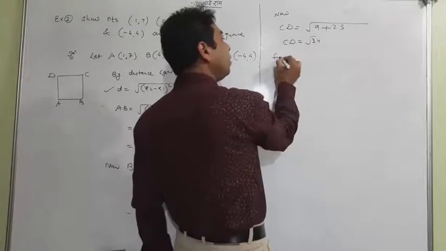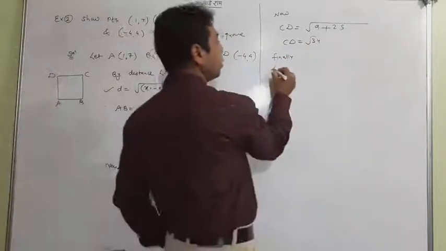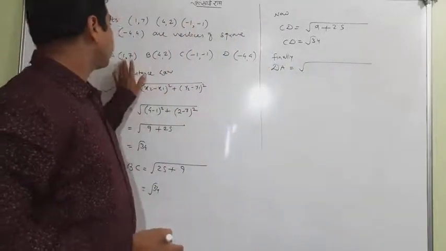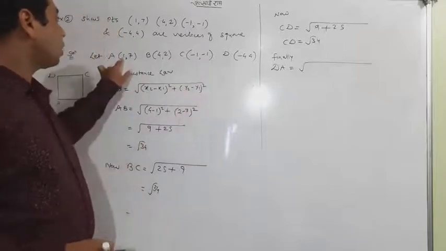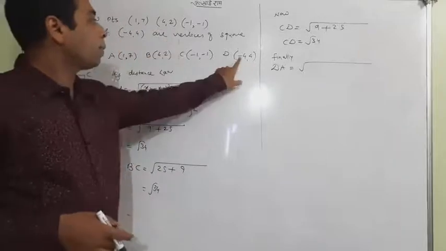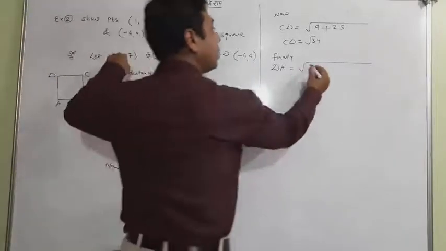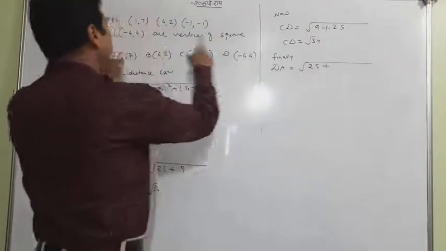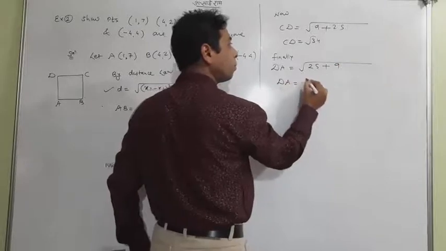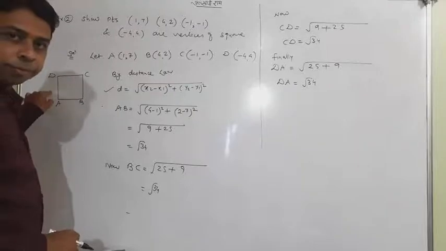And finally, I'll go with the last distance DA. You can also write AD, no matter. This is D and A, so it is called x1 y1, x2 y2. You can also consider its opposite. So I'm writing x2 minus x1, meaning -4 minus 1, minus 5 square, and this is 4 minus 7, minus 3 square. So overall answer is 34. Till then you have observed that all distances are the same.